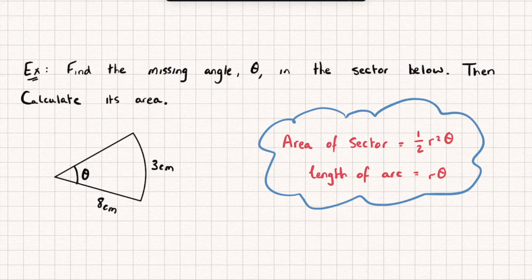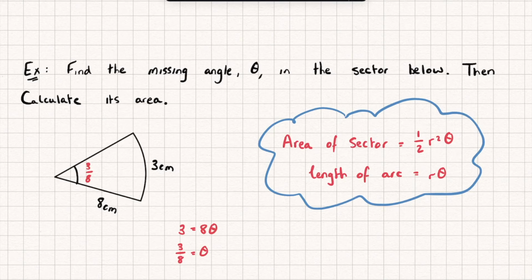What I could do is use my arc length formula and then rearrange this to get the missing angle theta. Because I know the length of the arc, which in this case is 3 centimeters, is equal to the radius, which is 8, multiplied by the angle theta. If I divide both sides by 8, I get 3 over 8 is equal to the angle theta in radians. So now I could rub this off and I could say, well, I know this angle is 3 over 8 radians,